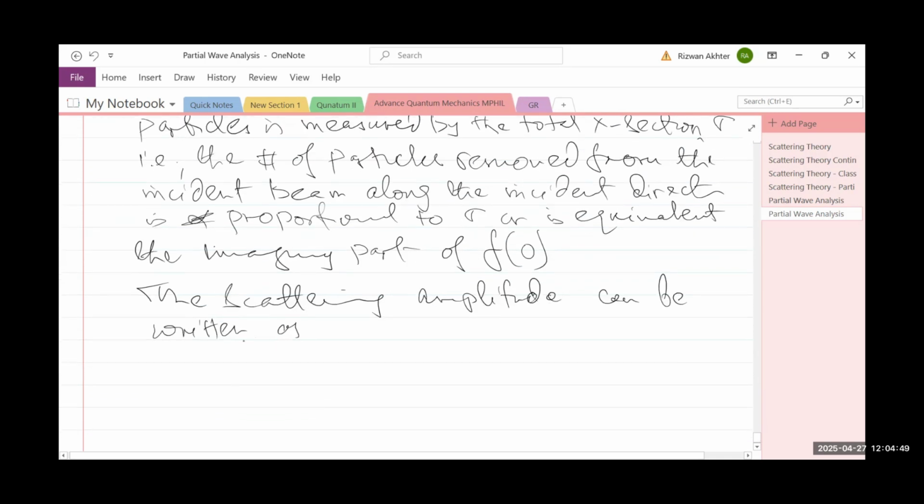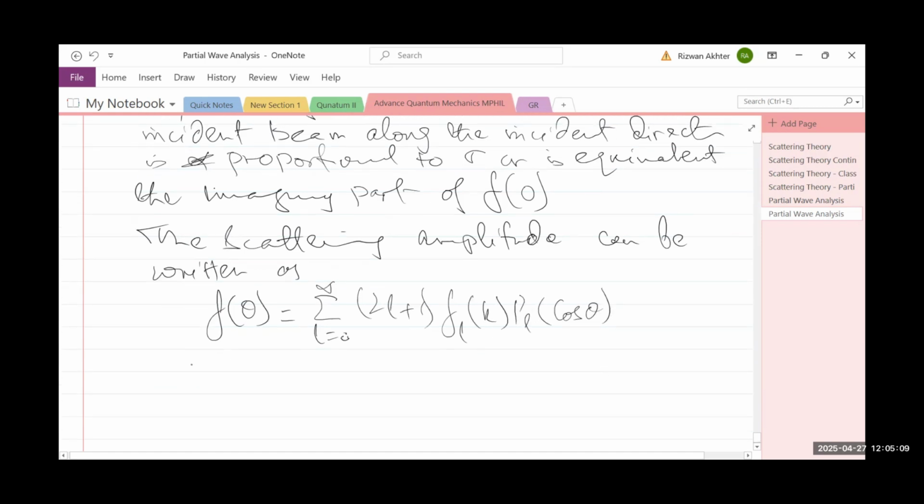We can write it as f of theta, and this is in fact summation over L going from 0 to infinity, 2L plus 1, f sub L of k and P_L of cos theta. Here, what is f sub L of k? Where f sub L of k is 1 over k,